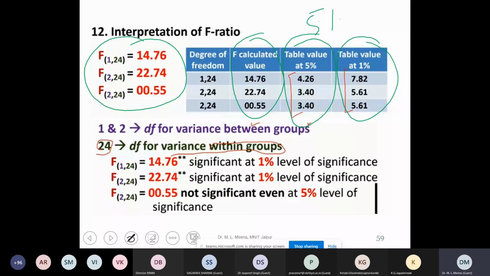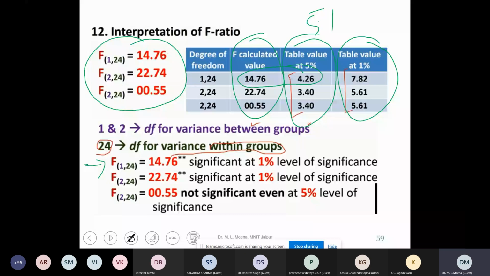So now compare the calculated value and the tabulated value. We can see in this, the calculated value for this